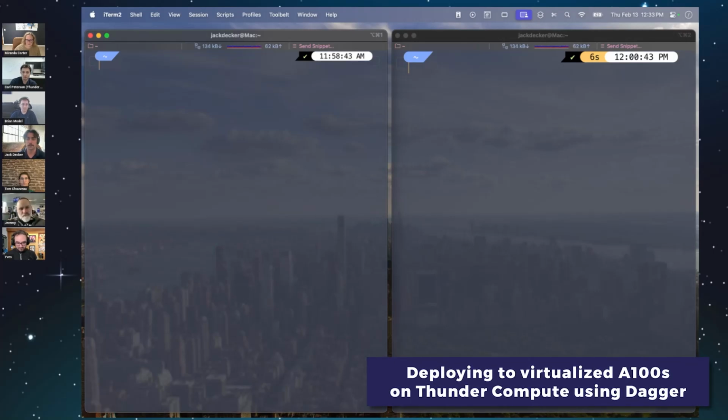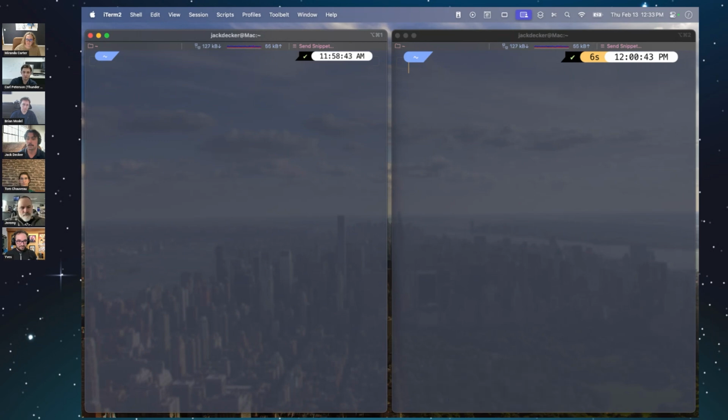If you haven't heard of Thunder Compute or what we do, we basically give really cheap GPU instances, and we do that by virtualizing GPUs, attaching them like you would network attached storage, but for GPUs. And I'm going to show you two different ways that you can run Dagger on the Thunder Compute platform